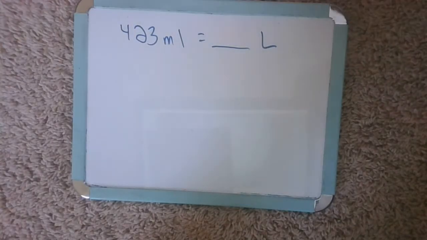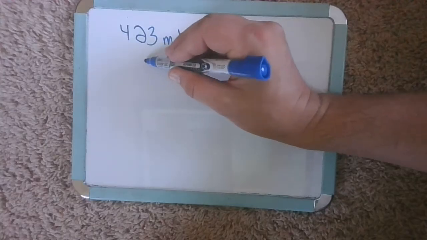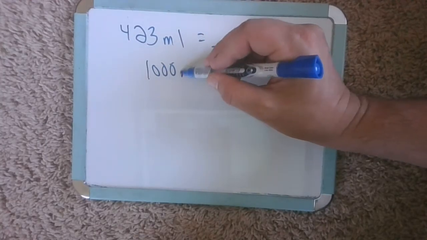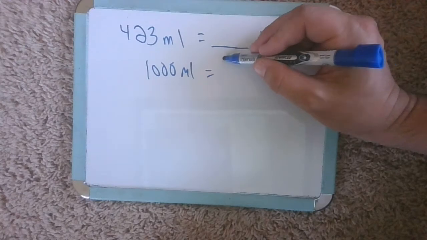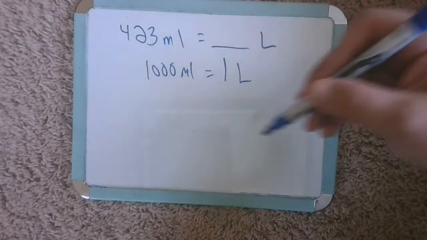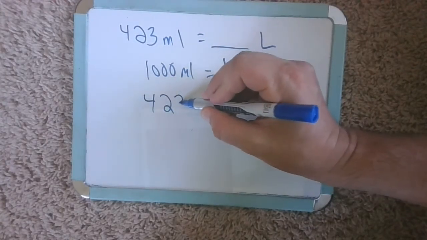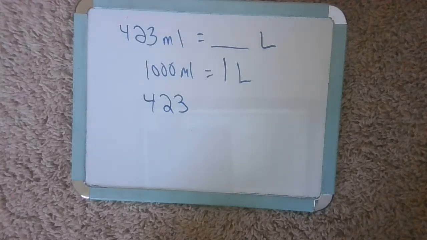So we're doing 423 milliliters and turning it into liters. When we do that, I need to know that there are 1,000 milliliters in every one single liter. So the rule to get from this side to this side would be to divide by 1,000. So I'm doing 423 divided by 1,000. Now I'm going to use the same rule that I just did. When we're doing multiplication or division by 10, 100, or 1,000,